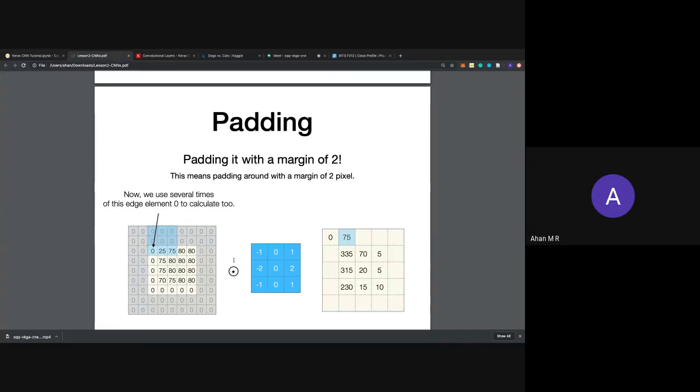So if it's 5, it's 5 minus 1 by 2, which is 2. That's why I'm padding it with a margin of 2. It's not necessary; you can pad it however you want. It won't show an error, it will just help enhance the performance of your network.